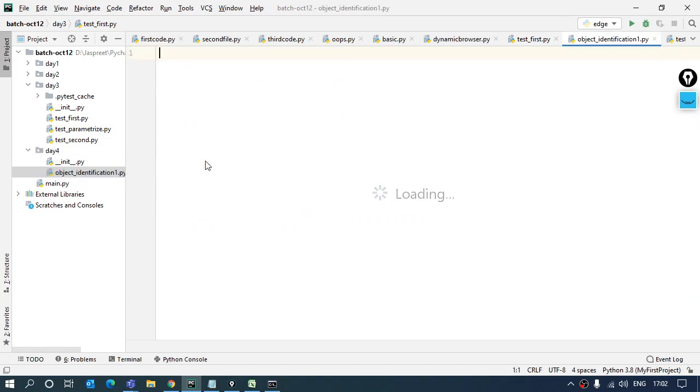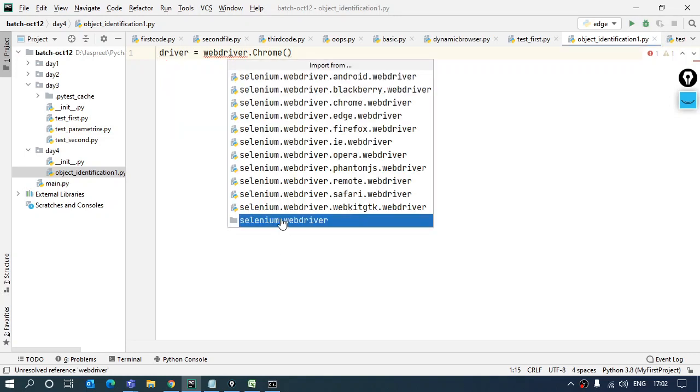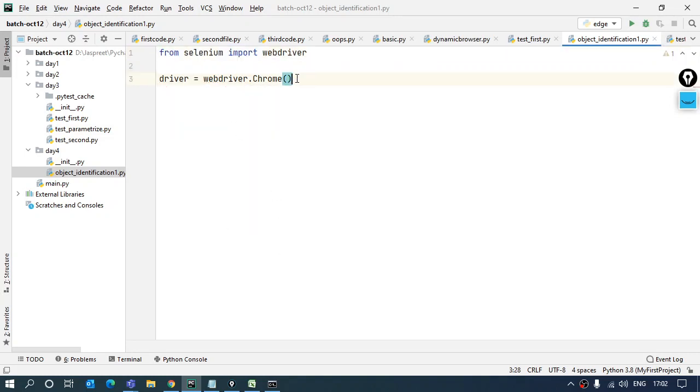The initial things are going to be the same that we were doing: making the object to use the WebDriver class. I'll be using the Chrome browser. Now I am writing it as a normal script. It will be a practice for you to try the test cases part. You can do the same script by writing it into the test cases. That will be the practice for you.